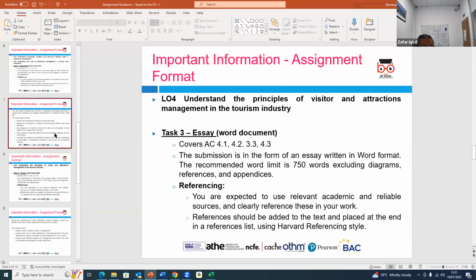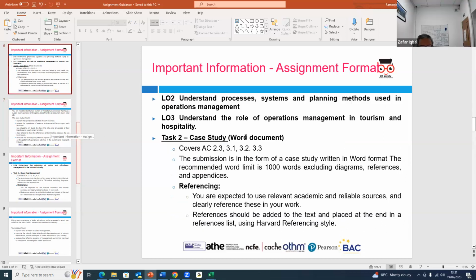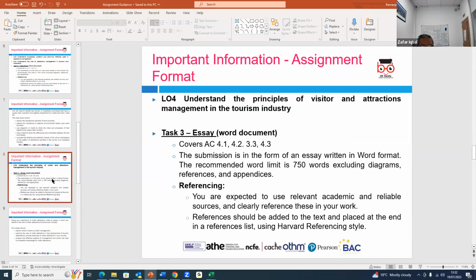All right. So this is again about 1,000 words, and it covers 4 learning outcomes. Okay, and it will cover LO2 and LO3. So this is task number 2 finished. The task number 3 is again an essay, and it's 750 words, maybe 800 words, maybe 900 words, something like this. Nobody's going to penalize you if you go over this limit, but don't go over too much, because if